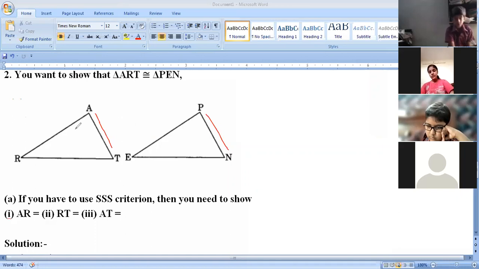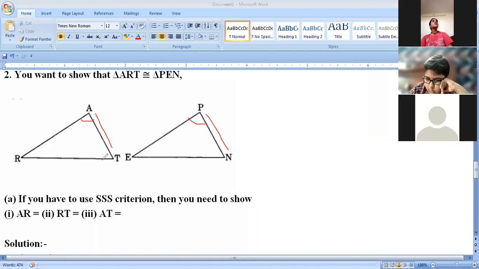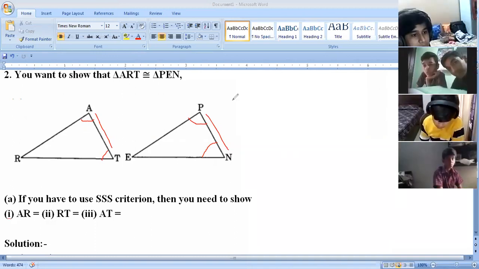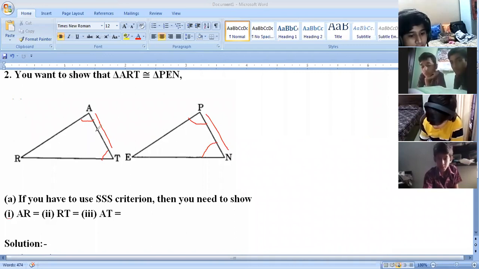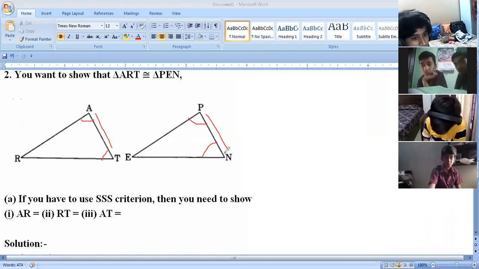Yes, Avika, you are right. So this angle A should be equivalent to angle P here in this question. Because this side is there, we can say that angle A will be equal to angle P and angle T will be equal to angle N. Then only ASA criteria will work, because all the three things should be together. You have to remember this. If angle A and angle P are equivalent and angle T and angle N are equivalent, then only this ASA criteria will work over here. Yes, A will be equal to P, right, Srajal? And T will be equal to N here.